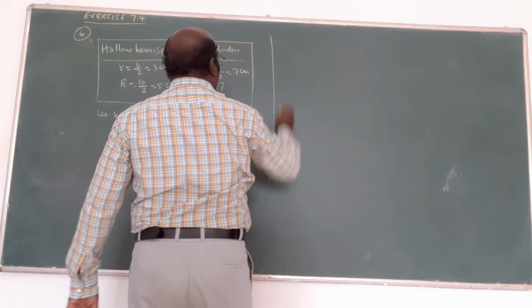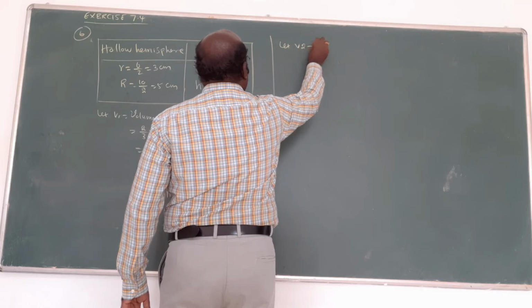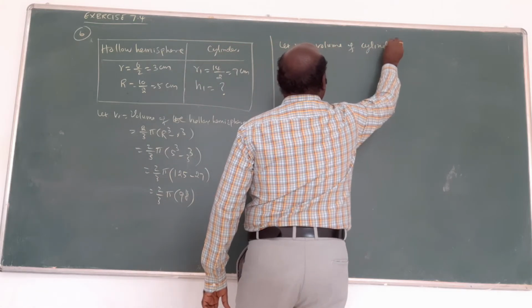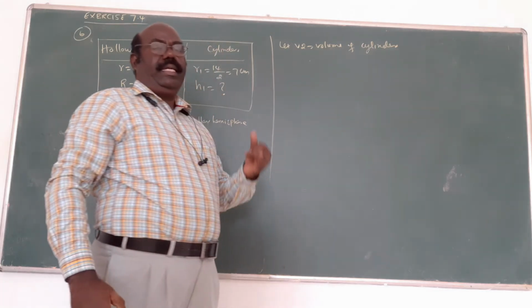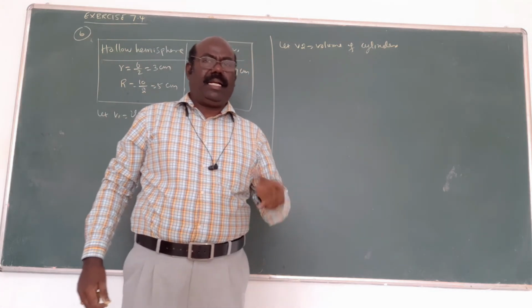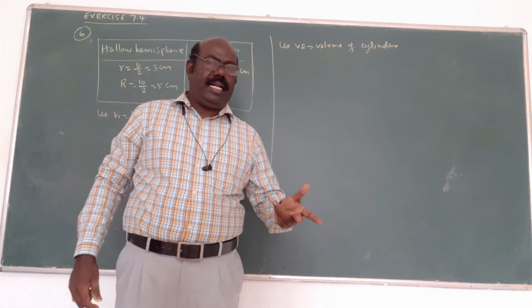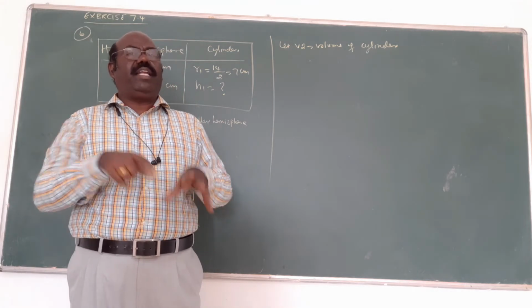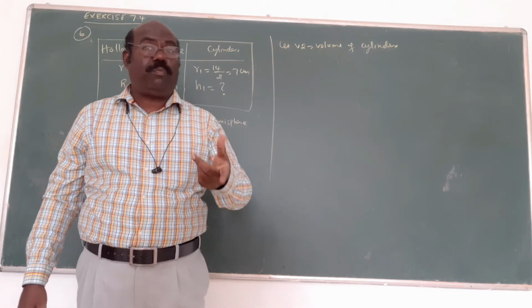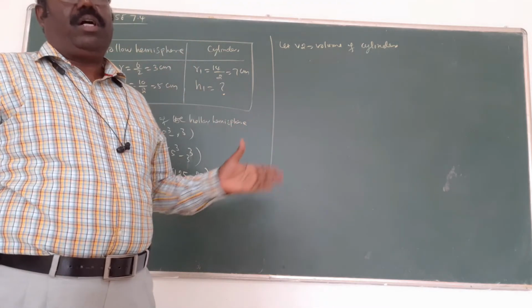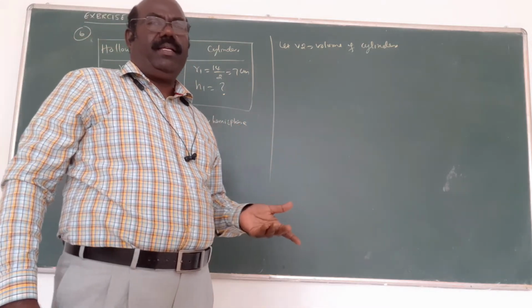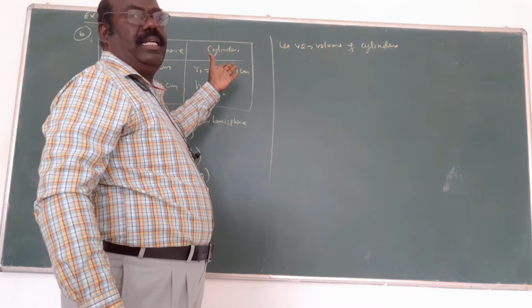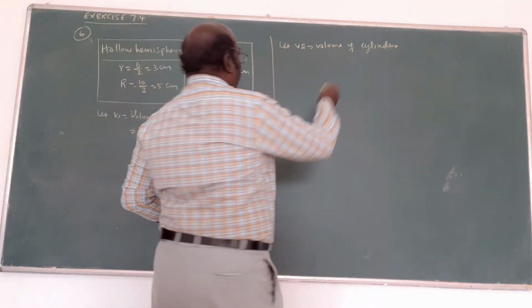Next one. Let V2 equal to volume of only cylinder. Already told you: external diameter, internal diameter, external radius, internal radius, thickness or hollow. These are all words involving the hollow formula: hollow cylinder, hollow hemisphere, hollow sphere. In this way you want to use. But here, next one, the external is not given.